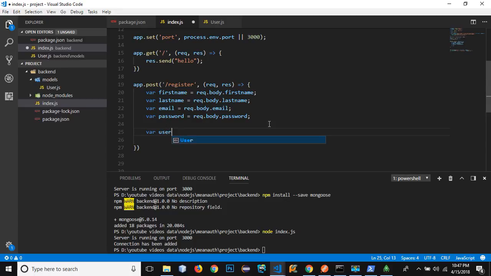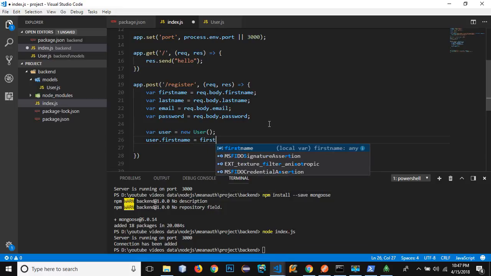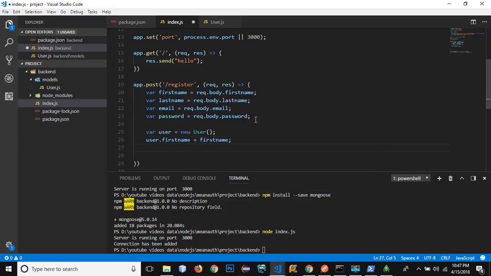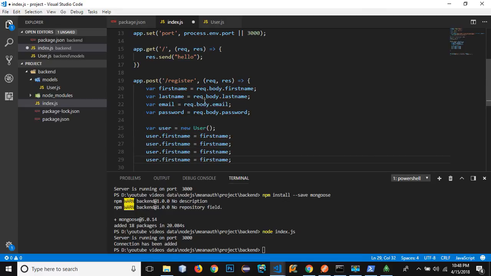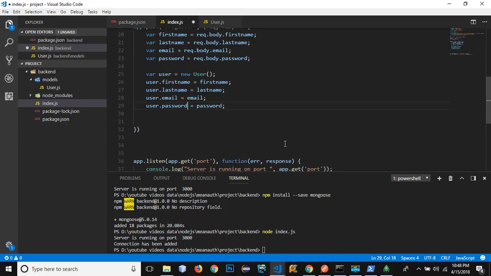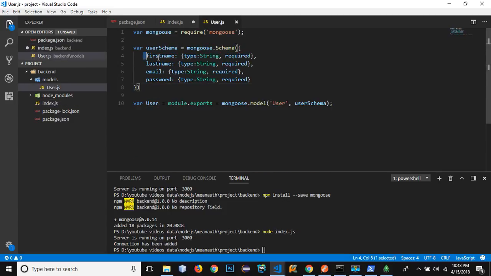So var user equals new User. Now user.firstName equals firstName, and I'm going to copy this same line 3 more times. Let's paste the lastName, email, password, and password. Make sure that the spellings of this schema are the same as the data that we need